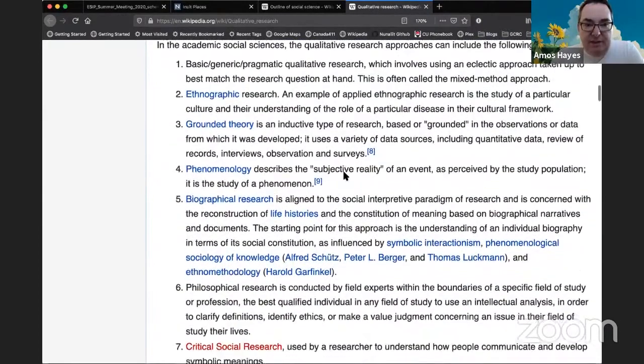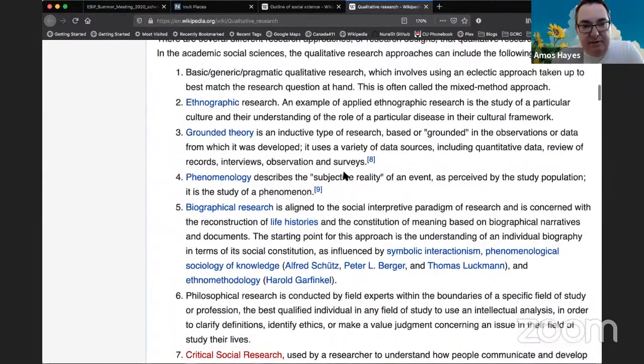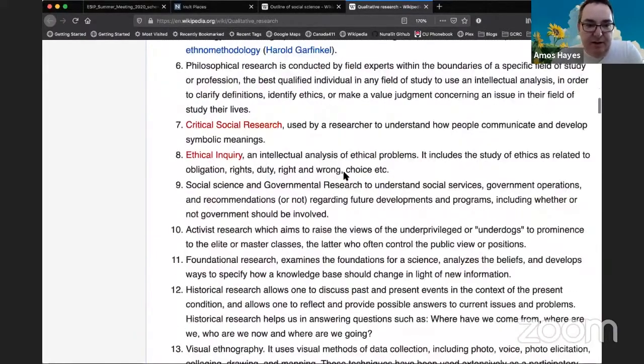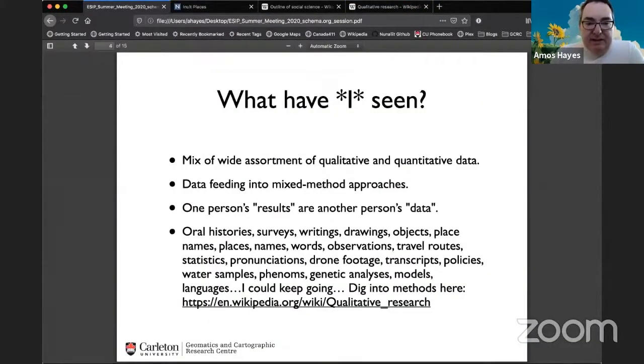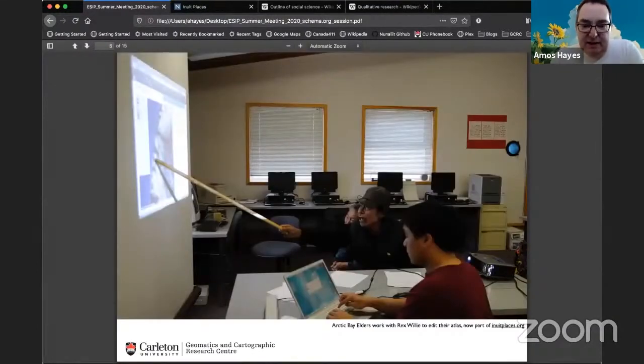You can look at some of this, and we've had some conversations recently about things like grounded theory and other types of research carried out. And I wouldn't even say that Wikipedia is going to have an exhaustive list necessarily. But what does this look like for us? It might be something like elders sharing knowledge of place and space, and for example, species that can be found there, when it's safe to travel there, how it's safe to travel there, how things have been changing with the ice over the years, what kind of weather might permit you to travel there or not.